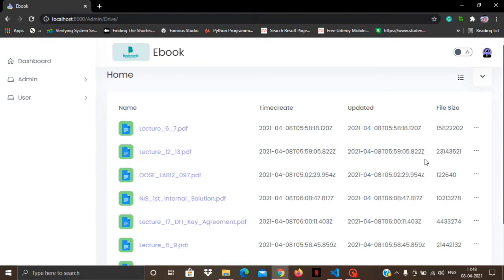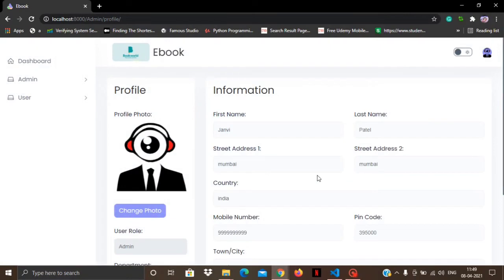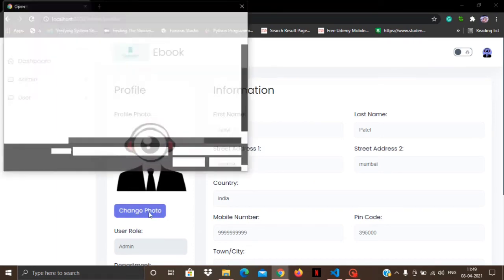Now if you want to do your profile management, then go to the user, click on my profile. Now here you can change or update your details. First, let's change your profile picture.